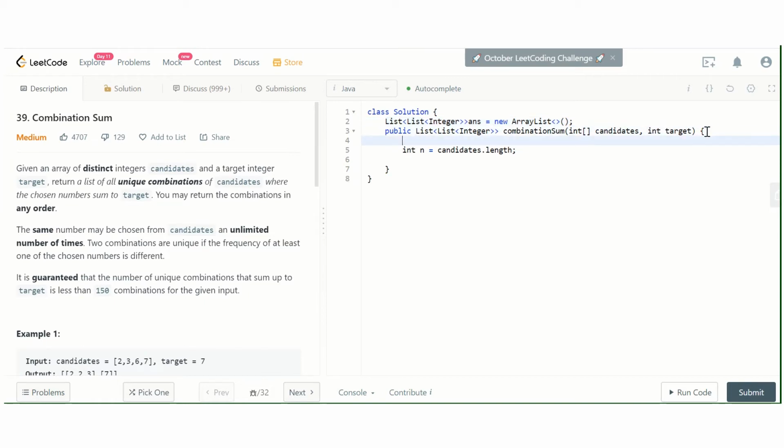We have to check for the null case: if candidates equal to null, or candidates dot length equal to 0.